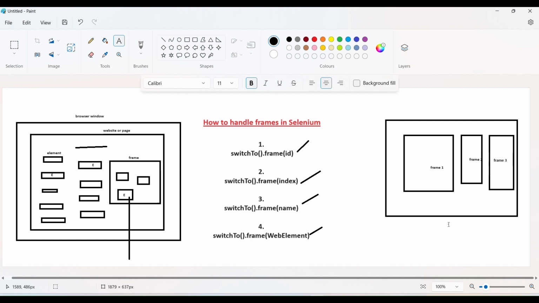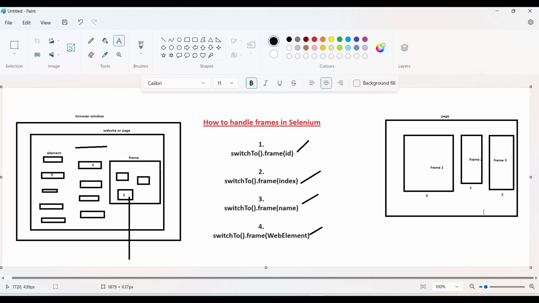So we have one page, and inside this page we have three frames. So what will be the index for these three frames? The first frame will be index 0, the second frame will be index 1, and the third one will be index 2, because we start from 0, right?